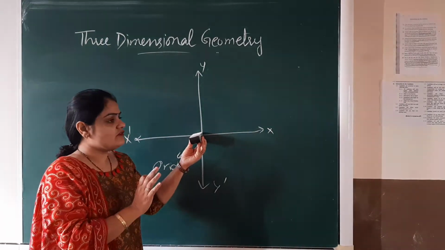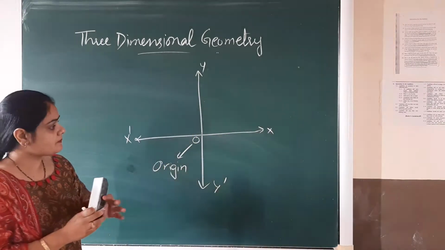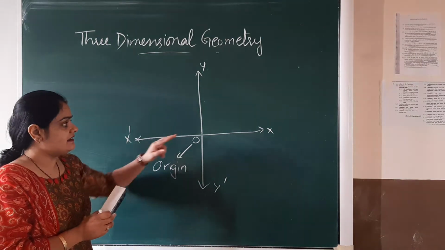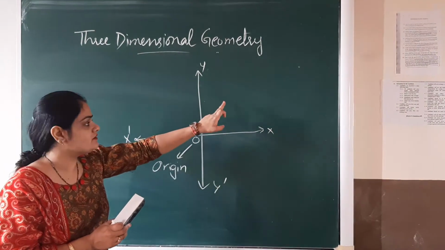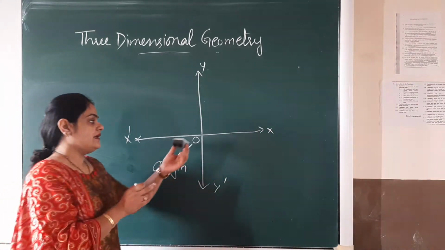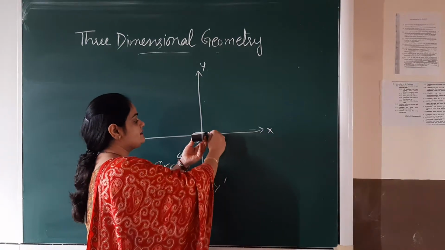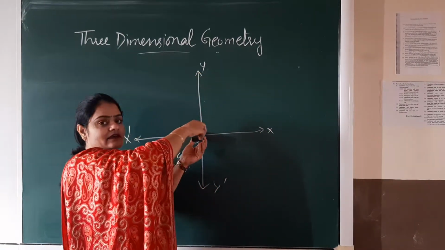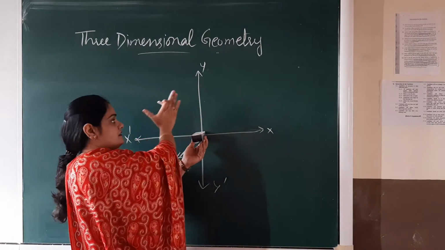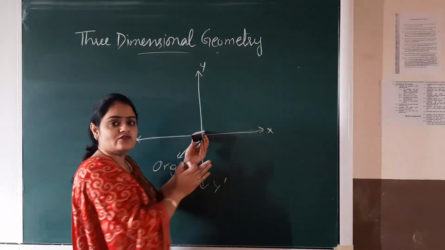Before that, if the xy plane was there, with the x-axis and y-axis, in that case we were having four quadrants: first quadrant, second quadrant, third quadrant and fourth quadrant. Now, if the z-axis is introduced, we have the x-axis, y-axis and z-axis. Of course, this is called the first octant. This is called the second octant. This is called the third octant, and of course this is your fourth octant.